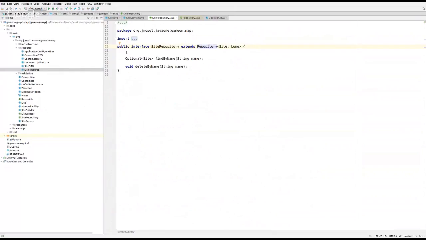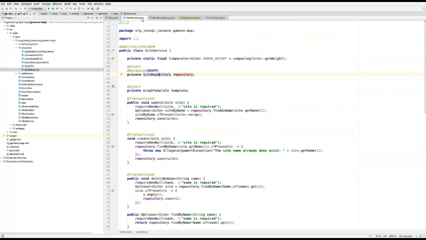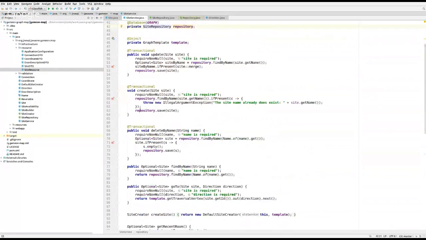So basically, I just write down my method, and then Jakarta NoSQL is going to implement this method for us. So right now, what we'd like to do is give the site and find by name, and that's the whole point, right? So let's return to the site service here. That's the one here. So basically, I find by name, and then if it already exists, I do a merge, and then update the site.